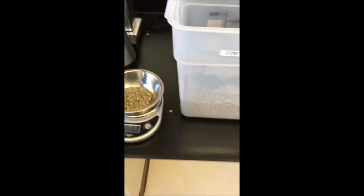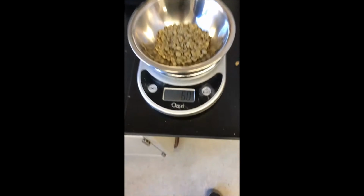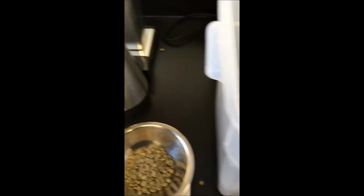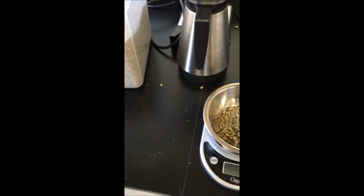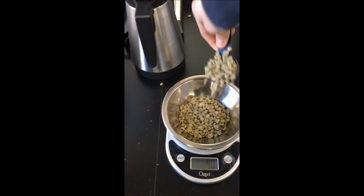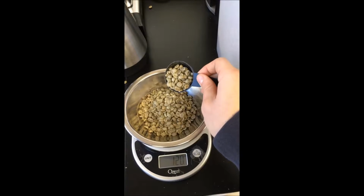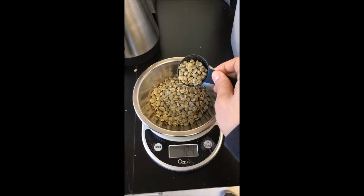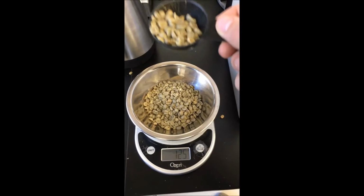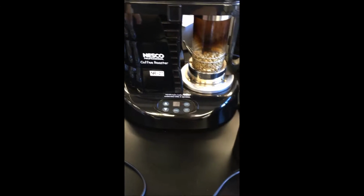For our roast, we're going to be using 125 grams of Costa Rica coffee beans. We have 60 grams right now. Let's add 65 more. Whoops. Perfect. Now that the beans are in the roaster, we can turn it on, making sure to set it